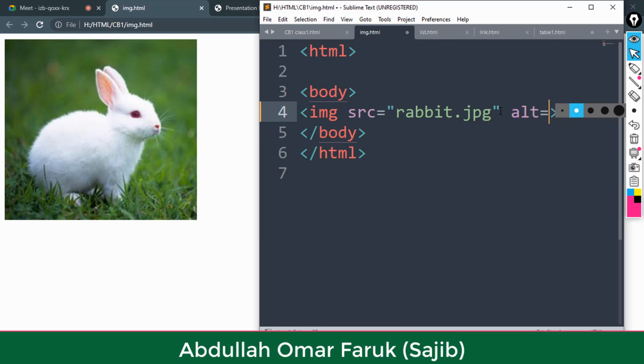This is called alt. Who can tell me the full form of alt? Alternate. Alternative or alternate, whatever you say, no problem. So what is the purpose of alt? Shoili, can you recall this? Yes, please. যখন যদি anyhow এটা ভুল লেখাটা হয় র্যাবিটের বদলে অন্য কিছু লেখা হয়, সেক্ষেত্রে ইমেজটা না এসে এখানে একটা লেখা যেটা আমি লিখবো সেটা আসবে।